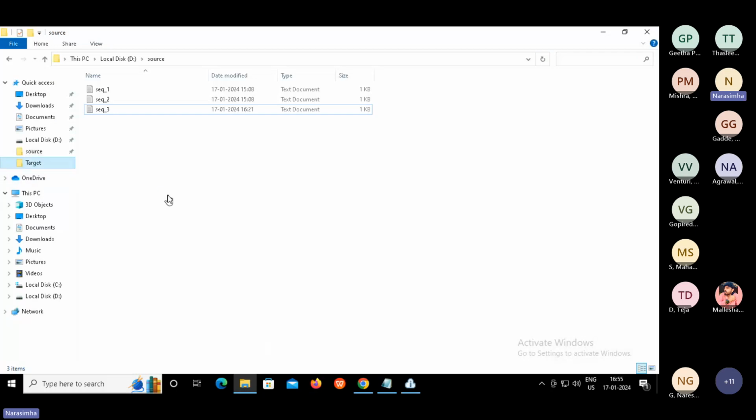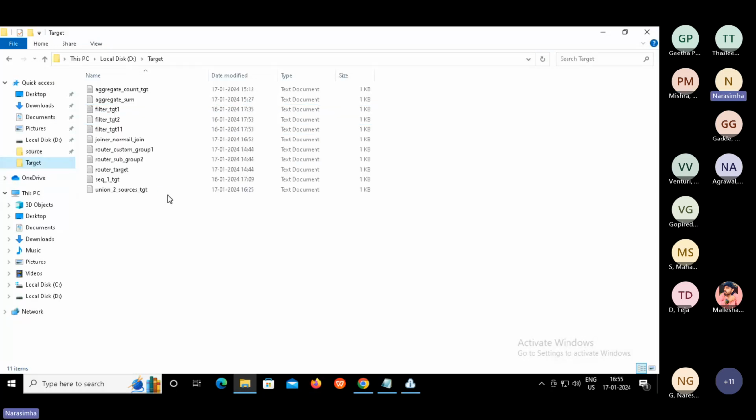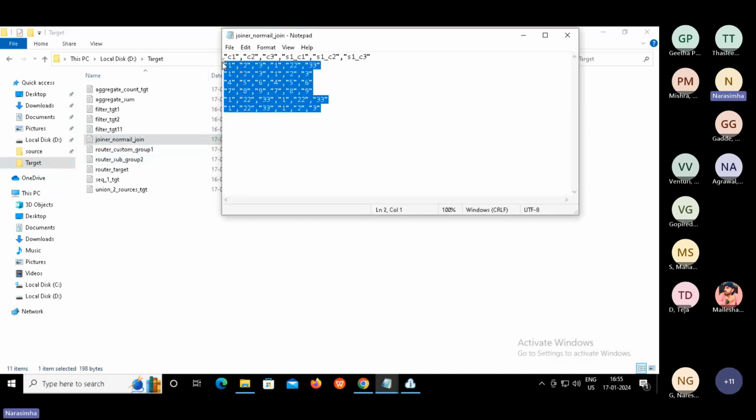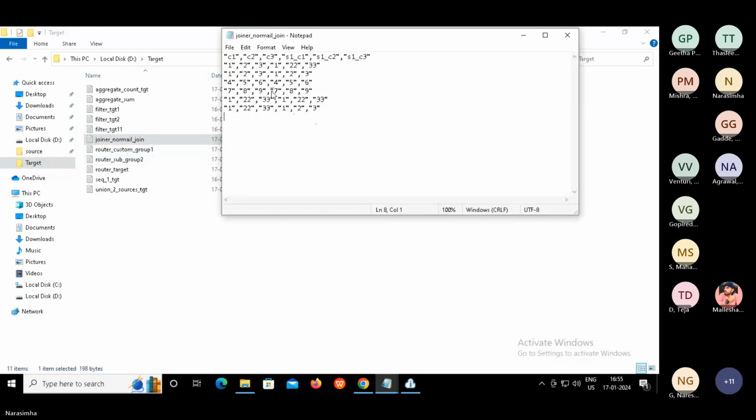So go to target folder and select joiner. See, 147. So that's what we can see here. Including duplicate records, all the records you can see here.